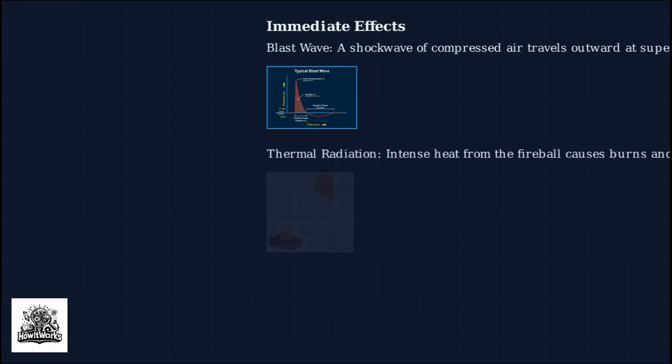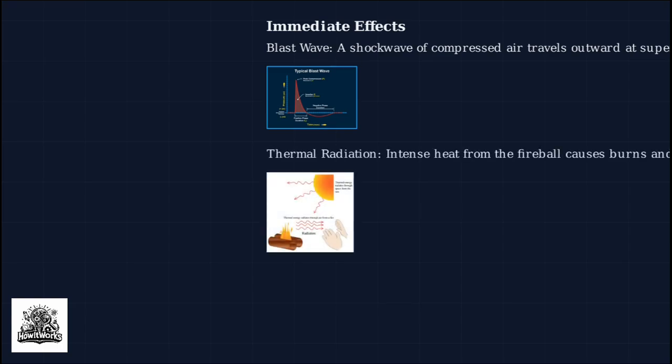Thermal radiation follows immediately after the blast, emanating from the fireball as intense infrared and visible light. This heat can cause severe burns and ignite combustible materials, with temperatures reaching thousands of degrees Fahrenheit within the fireball itself. Prompt ionizing radiation consists of gamma rays and neutrons released during the nuclear reactions. This radiation penetrates the body, damaging DNA and causing acute radiation syndrome, with symptoms ranging from nausea to death, depending